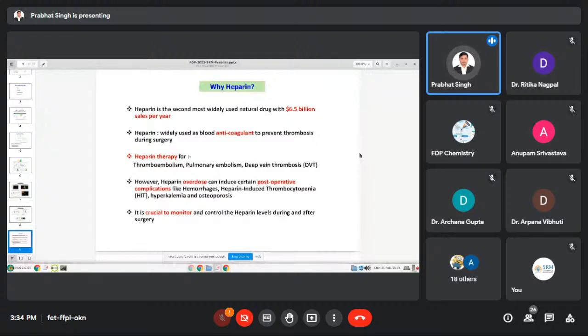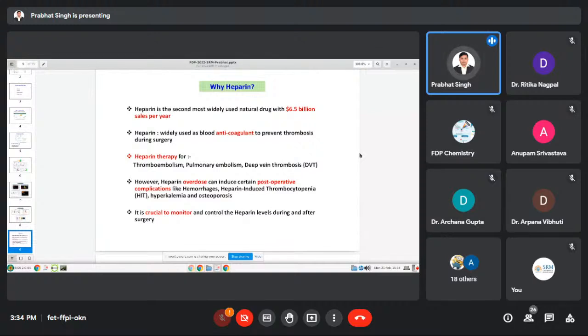And the reason is that it is widely used as a blood anticoagulant to prevent thrombosis during surgery. So when surgical operations go on, the blood needs to flow, otherwise the blood will clot. So you have to keep them in the flow. So anticoagulant needs to be added. Heparin is one of the most widely used blood anticoagulants, and it is also used as a therapy for